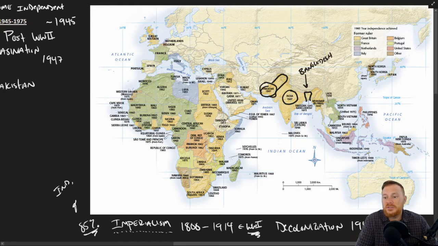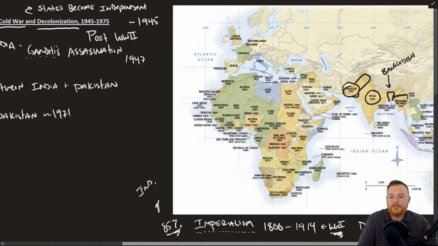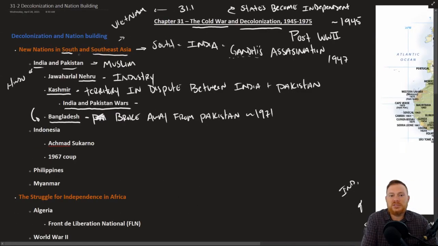So from the process of Great Britain leaving, we add on Myanmar, or Burma is what it was called before, but Myanmar today in 1947 broke away. Pretty much from British India, we have 4 countries that exist today: Pakistan, India, Bangladesh, and Myanmar. Other places in Southeast Asia that gained their independence included Indonesia. Indonesia broke away from the Dutch.